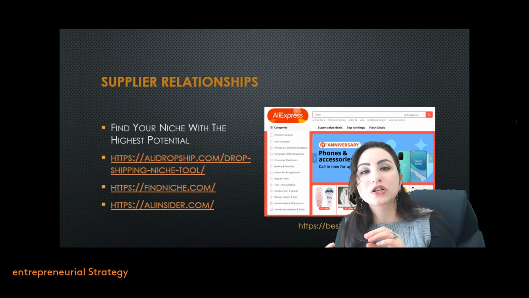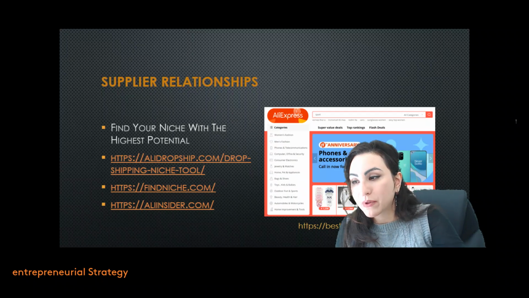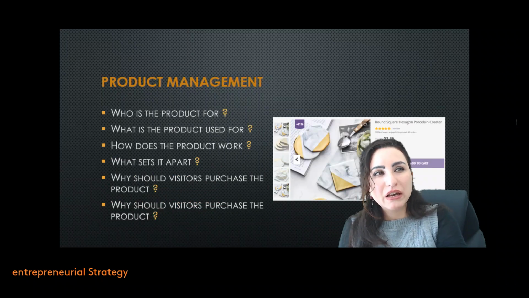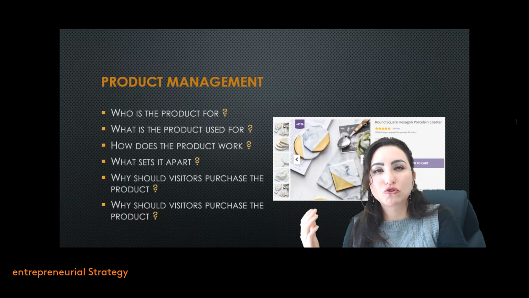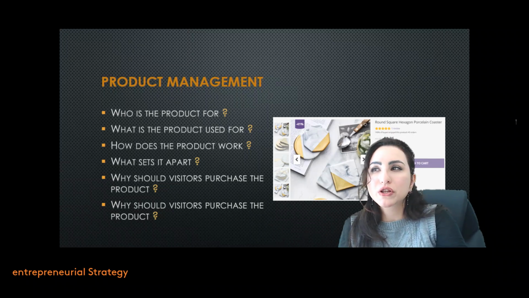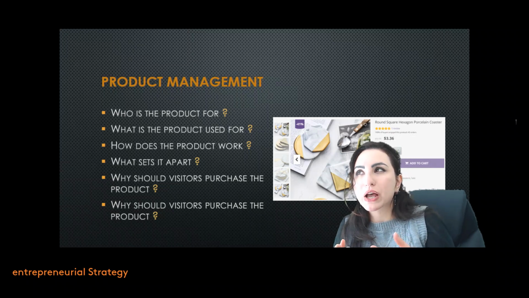Aim for a niche in the industry that sparks your interest so that you can work on this project with some passion along the way. So if you're not good with devices and electronics, don't go for a niche, for example, drones. Don't go for drones. If you are into beauty, also, please don't go for a niche that will, for example,